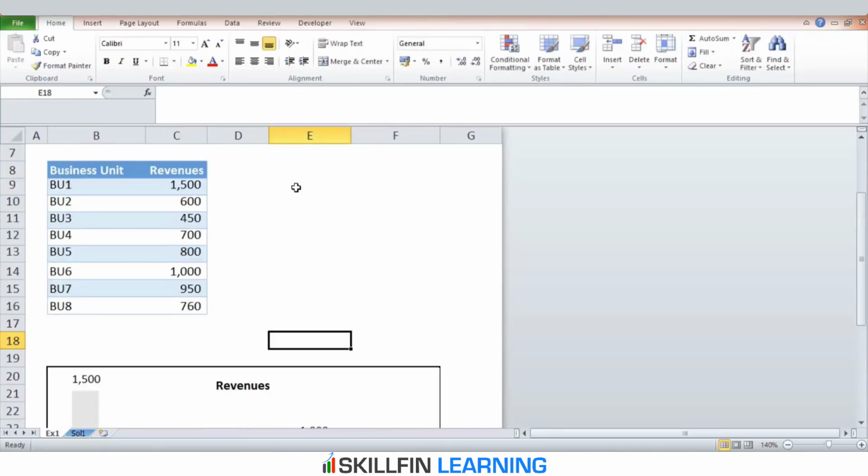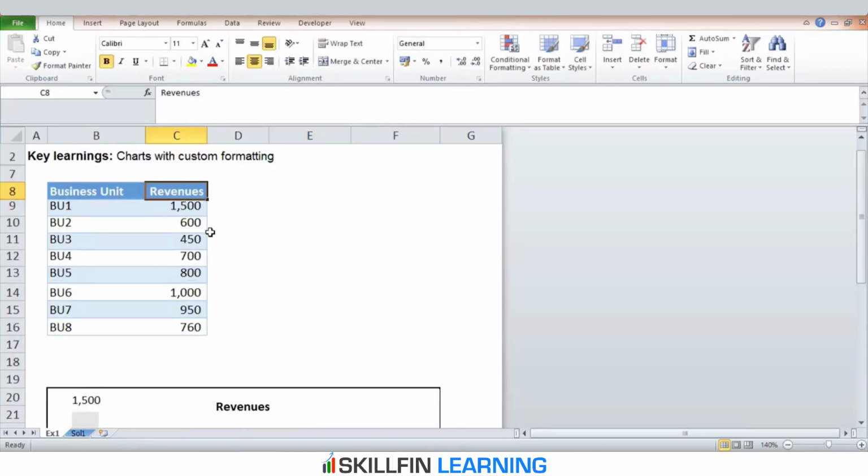Now let's move to the third step, which is adjusting the chart data. So we have the business unit and the revenues. We'll add one more column which shows the maximum revenues.